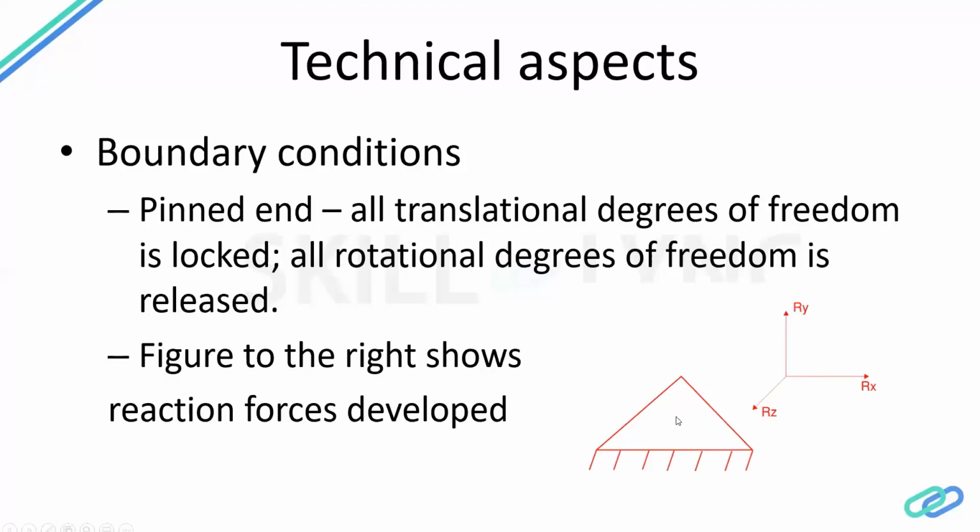A real life example of this support would be a steel beam to steel column connection, which is a typical shear type connection. In that case, the support that qualifies is a pinned support, wherein that shear type connection prohibits movement of that beam at that end in all three directions, but still allows rotation of that joint. So it's not prohibiting any rotation of the member about the joint, just the translational degrees of freedom which are restrained. That's one example.